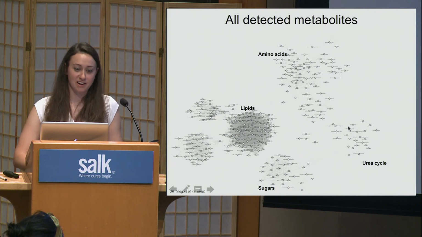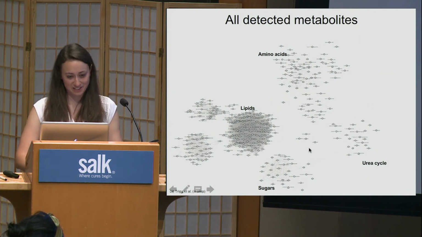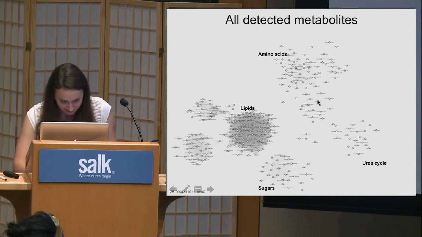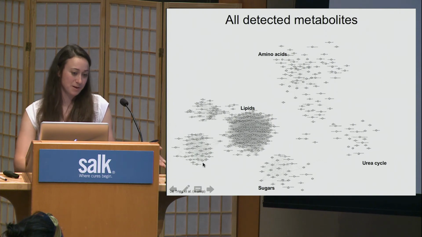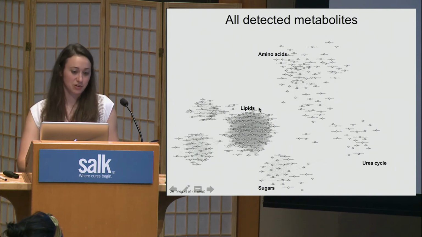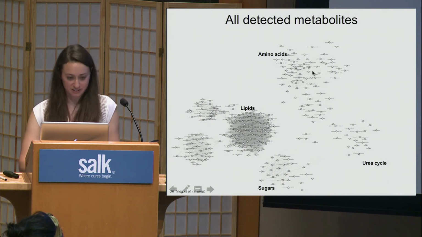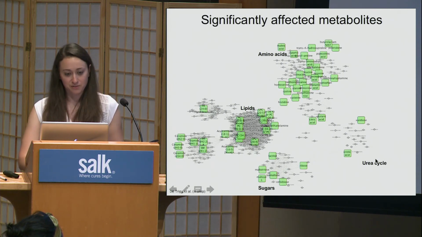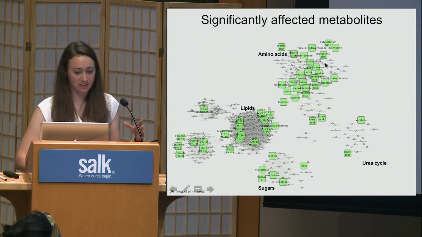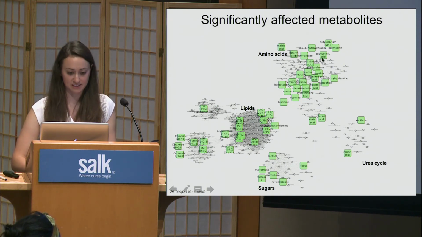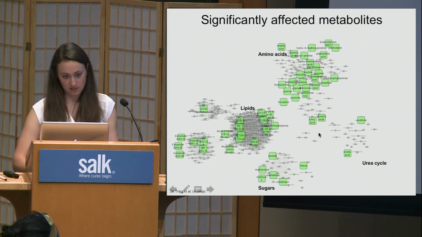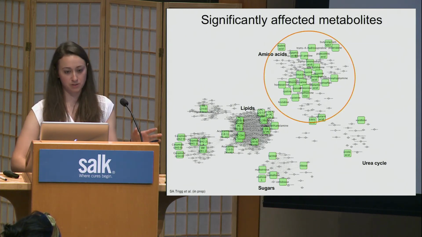And to do that, I did this biochemical pathway analysis, which is super obvious here, right? You can see all these molecules clustered together, and they end up grouping together based on chemical similarity. So that we have lipids over here, sugars, amino acids, et cetera. And to see what's important here, these green ones now are the metabolites that were in the heat map that were significantly affected. And in general, the amino acid group tended to be the most affected. There were about 27 different metabolites from this group. And so that's what I'm going to focus on in the next slide.